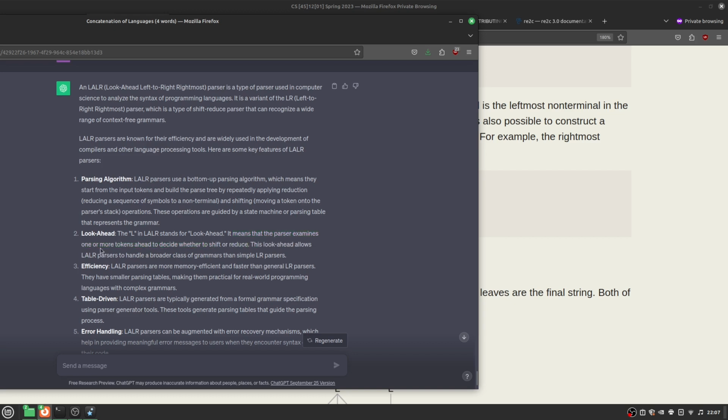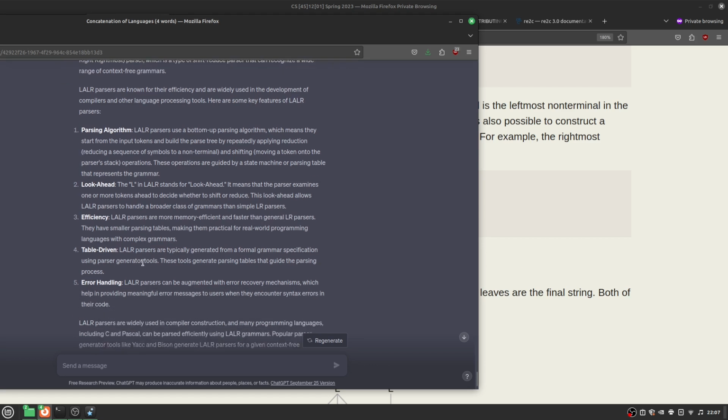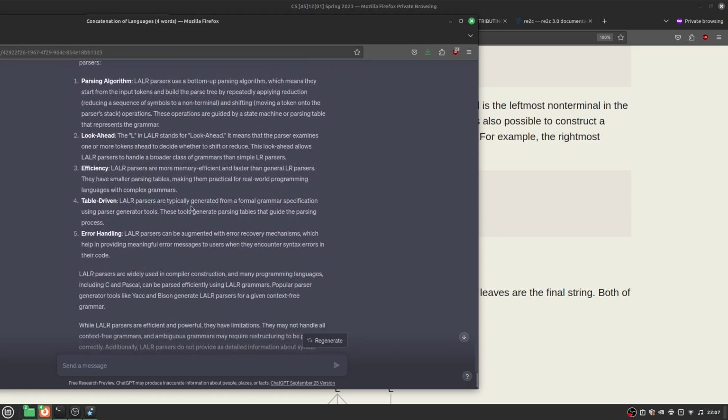This look-ahead allows LALR parsers to handle a broader class of grammars than simple LR parsers. More memory efficient and faster. They have smaller parsing tables, making them practical for real-world programming languages with complex grammars. They're table-driven,